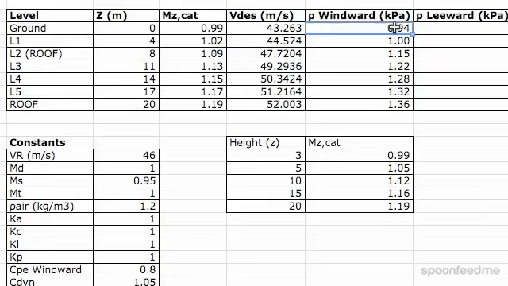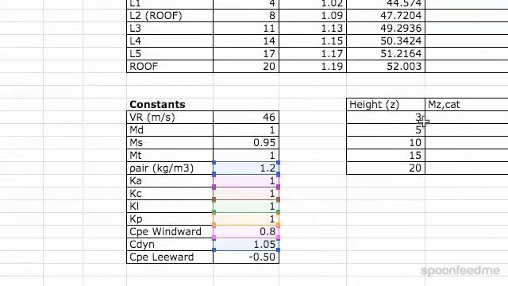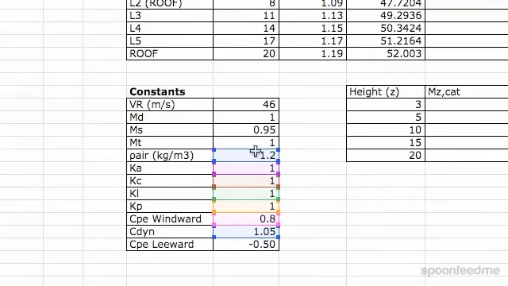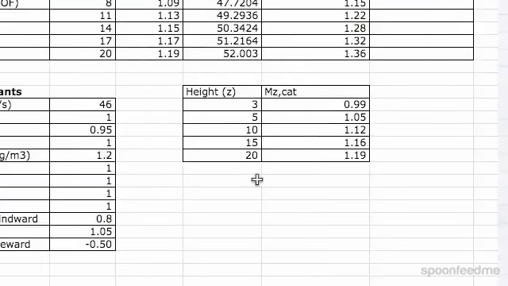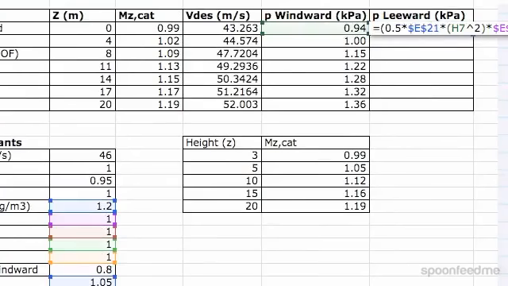We literally just copy our windward pressure and paste it in there. We're just going to have to change a couple of things now. You can see that it's remembered all these values, and they're all the same. The only difference is that we now need to use the CPE for leeward. Okay, so I've just swapped windward to leeward, so we're just going to leave that now. So we've taken care of all the constants. And also what we need to do is change the V des theta to the